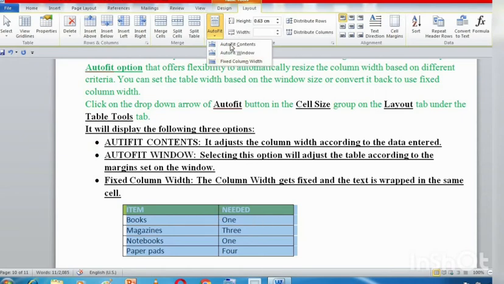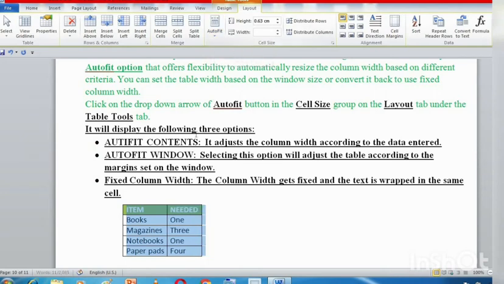If I select auto fit contents, look what is going to happen. Look at this table. See what happened. It automatically changed the width of the table according to the data. So this was the maximum length of data inside this column.